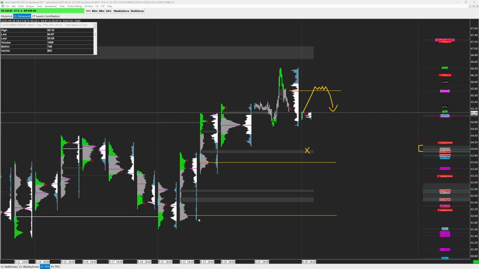I don't think I'm expecting all of that, but anything's possible, right? Yeah, exactly. But definitely a move to test VPOC, this low volume node, which would also be sort of the first lower high. Maybe it could be over here, the first lower high, and the market could start to work lower, or like Rob's primary scenario,